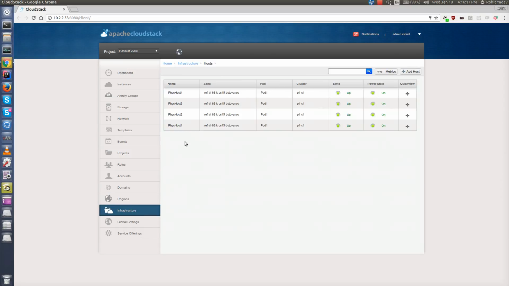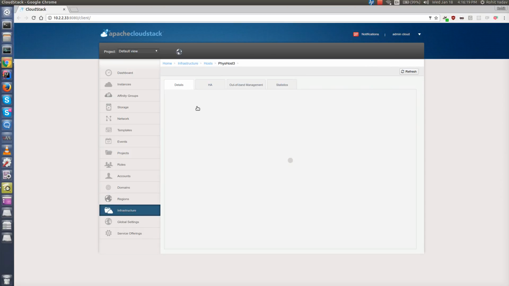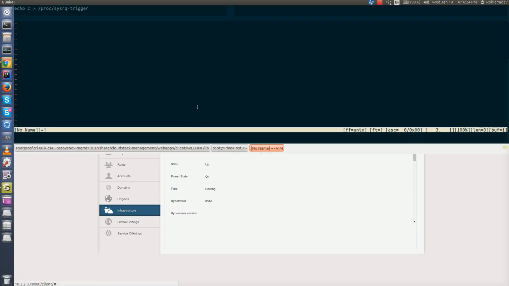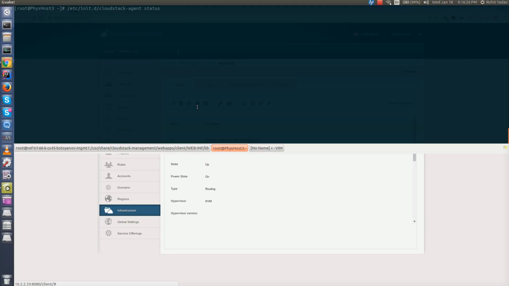We go back to the host, go back to host 3, and we'll stop the agent process and see if it goes to degraded state. So I'm already inside physical host 3. If I run the status command, I see that the CloudStack agent is indeed running, so let's stop it. So we'll stop the agent process,